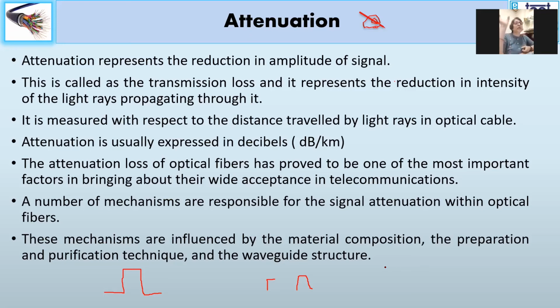For a link, if there is a reduction in power, I need to divide it by the length of the link to calculate how much attenuation is happening per length, because that helps me decide the exact position at which I should put the repeater to strengthen my signal. Initially I may have a link with, say, a repeater after 50 kilometers.